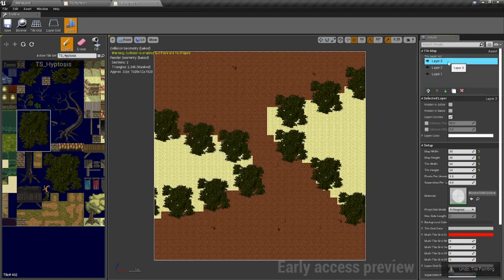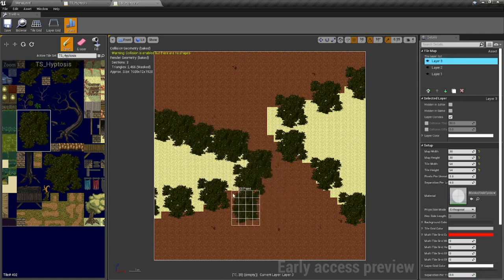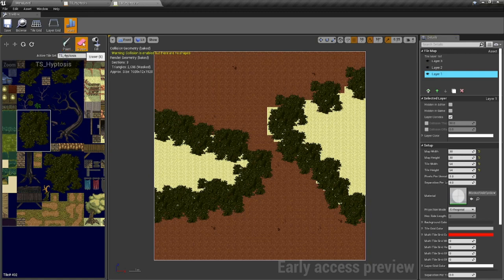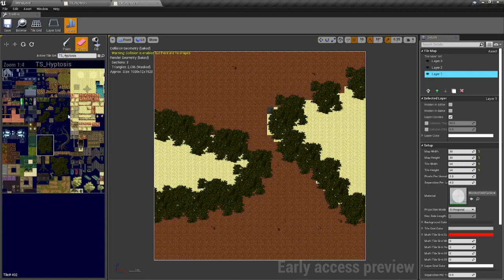Control Z. Wrong layer. Just go back there. Goes back to the other.